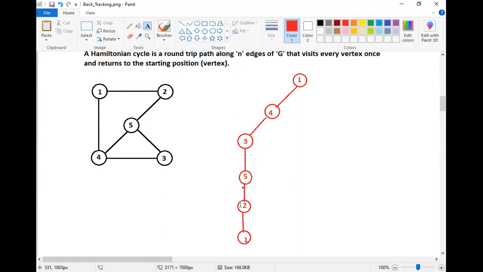So means from 1 to 2 I have come. From 1 to 2 I traveled in this direction. I got the solution. Now I am expecting whether there can be any other solutions. So what is the other possibility I have got? 4 to 5 I can travel. See, from 4 towards 5 can I travel? Yes, I can travel. Because I started from 1 to 4 and 4 to 5. Are you getting this one? Yes. Now let me continue with this drawing.